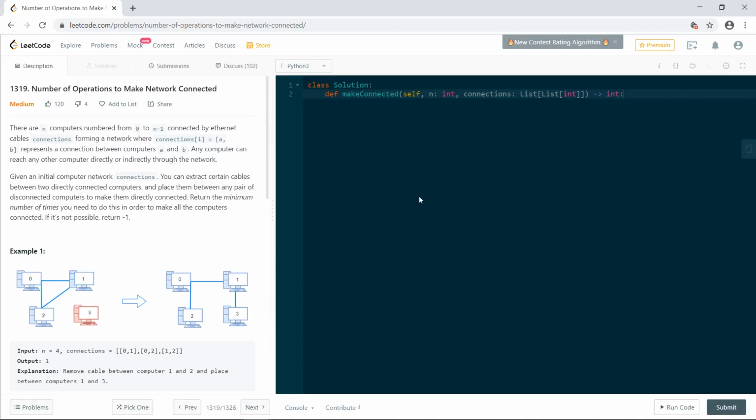Hello, today we will be solving Leetcode problem 1319, number of operations to make network connected. This is a medium level problem and was available through weekly contest number 171. It's also available through the problems page. So let's begin. Basically, given a network of n